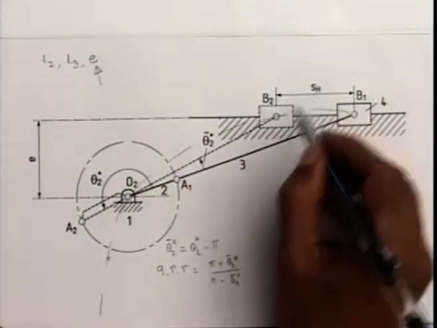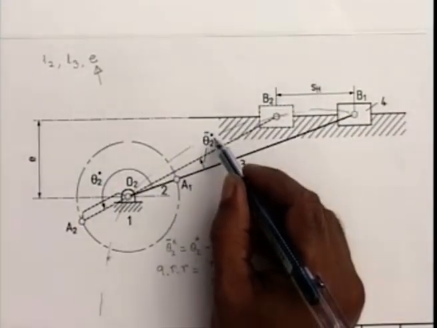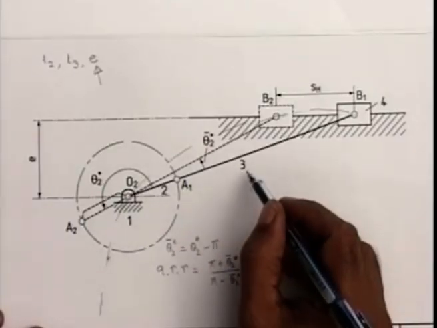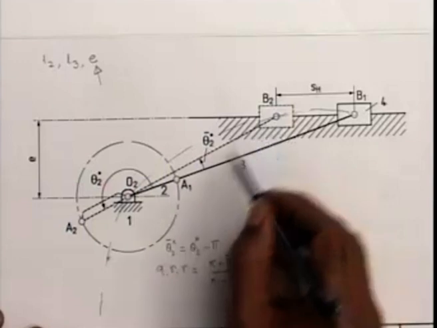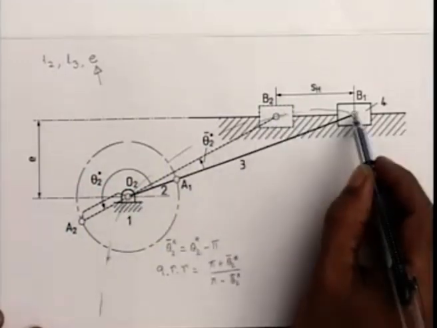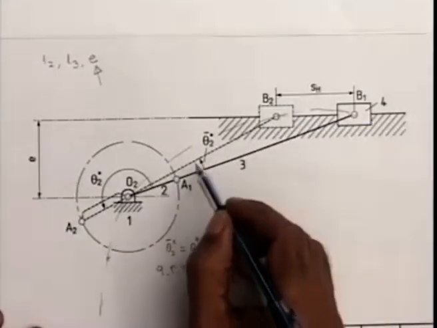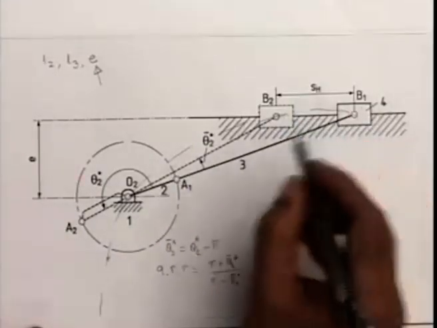SH is given to us, theta 2 star bar is given to us, and one of the link lengths, say L2 or L3, is given to us. So what we do, we see this triangle O2 B1 B2. In this triangle, if I apply the cosine law, I can write